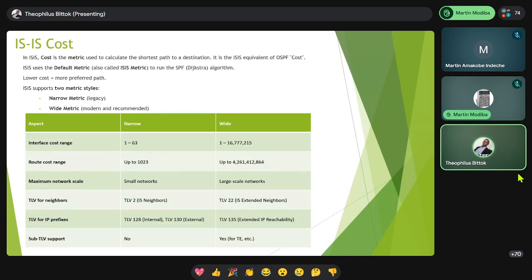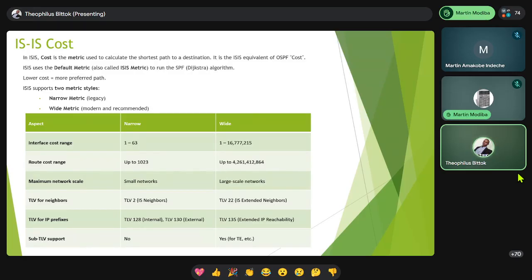The bits allowed for narrow metric are 8 bits. So if you say 2 to the power of 8, I think it's around 1024. So if I add the cost along that ring, and maybe it exceeds 1023,